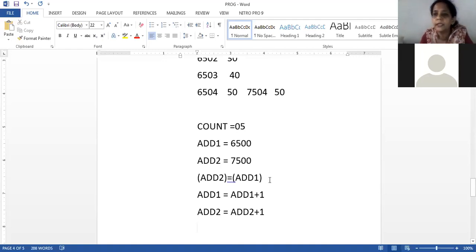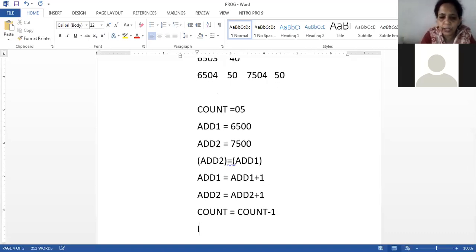Now how many memory locations are still remaining? 4. How will I get that value? By count equal to count minus 1. Correct? And if the count is not 0, that means all memory locations are not over, right?